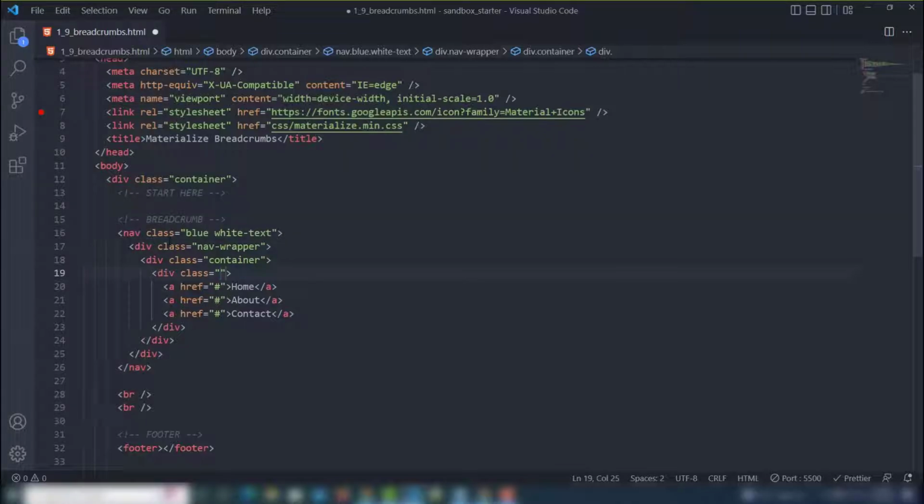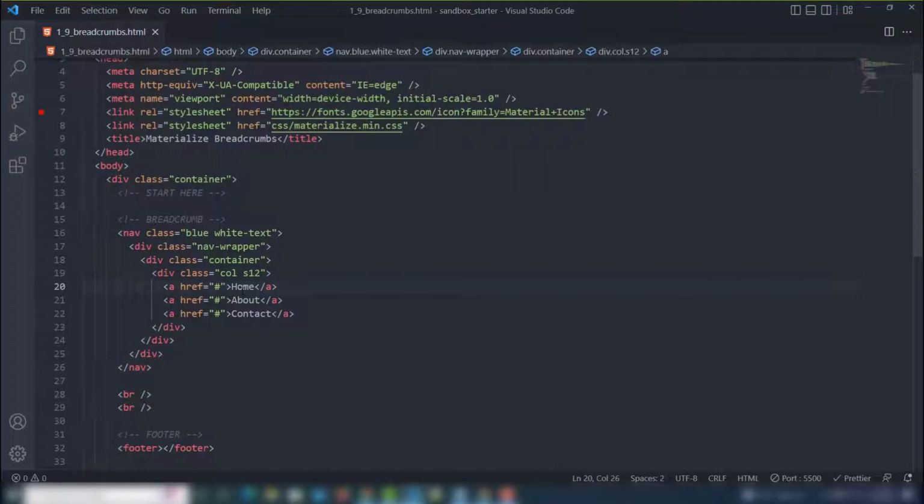Just a minute. Nav wrapper container, and I will assign the col s12. So first have that, and let's see, right? And then I will use the class breadcrumb, right? So copy that and paste on there. So let's see. As you can see, guys,